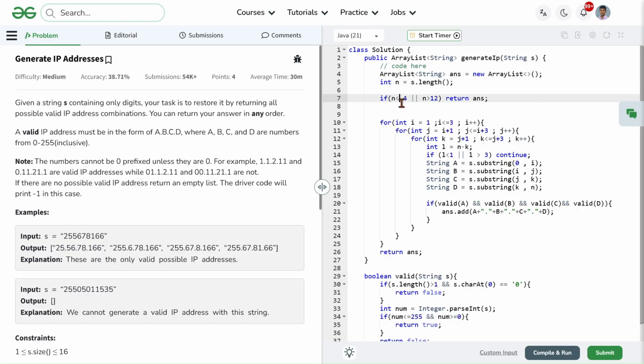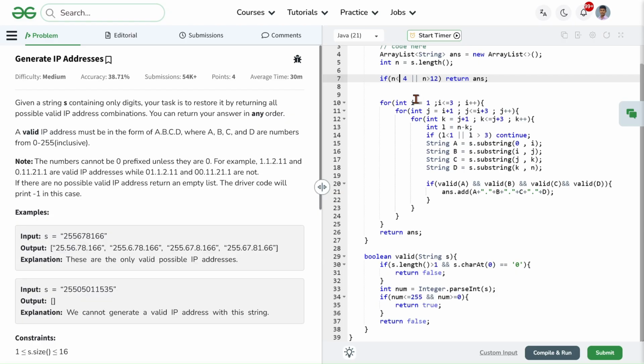Now we check if n is lesser than 4, we can't make an IP, and if n is greater than 12, we also can't make a valid IP, so we return our answer. Now, if n is in the range, then we go for A, B, C, and this is for our D, the last part.